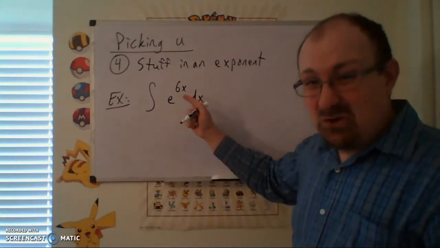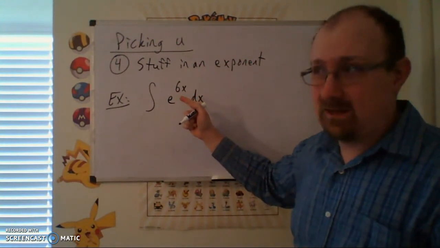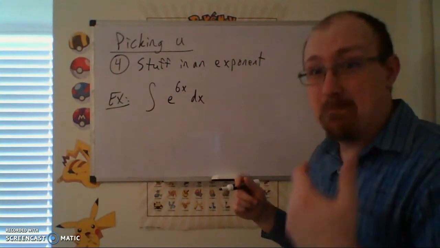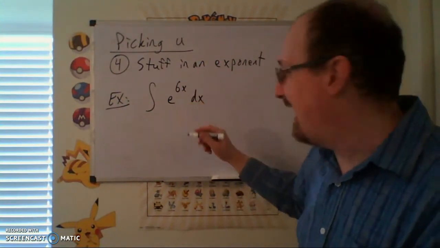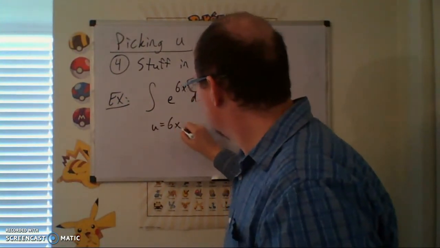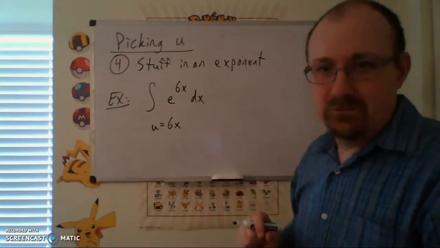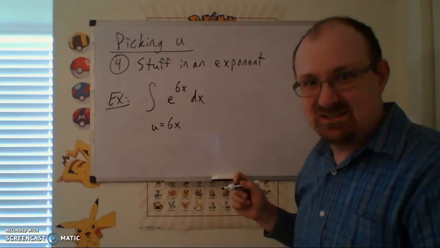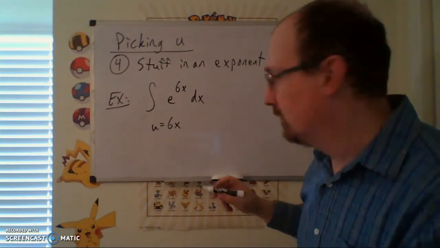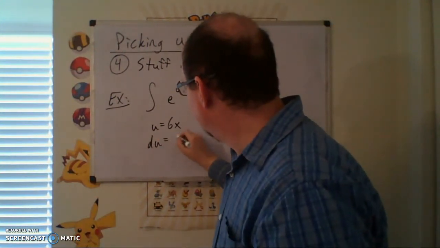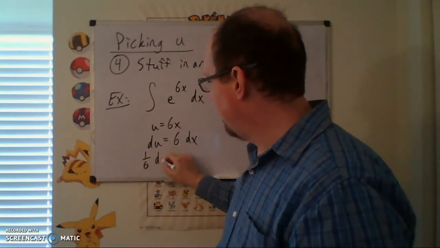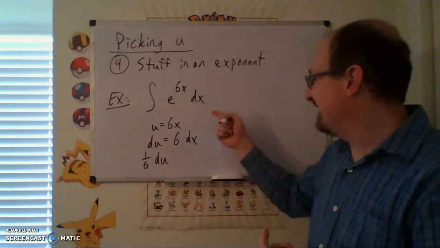Remember, we can only use our bestest friend formulas, like the antiderivative of e to the u is e to the u, if we have an exact match. We don't have an exact match. So we're making a teeny tiny u substitution. It's not terribly involved, but we want 6x for our u in this instance. The du will be 6 dx. Hopefully you get the idea at this point. Let's get the dx by itself,